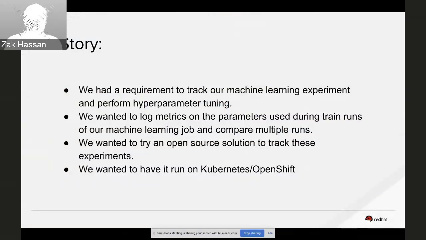You would need to do multiple runs and test your model with many different parameters to find the optimal model architecture. So the parameters that define the model architecture are called hyperparameters, and the process of searching for the ideal model architecture is called hyperparameter tuning. So let me tie this back to the use case here.